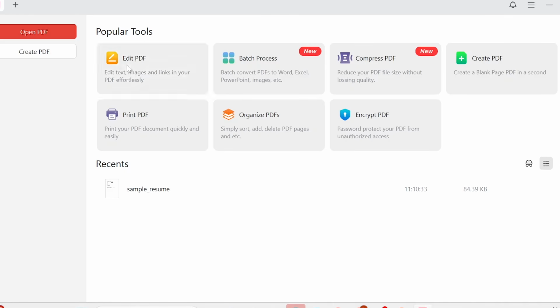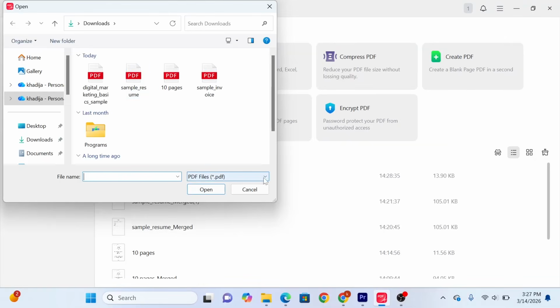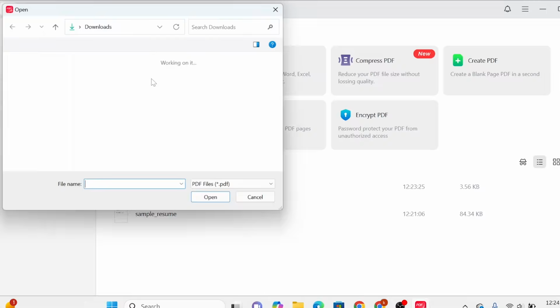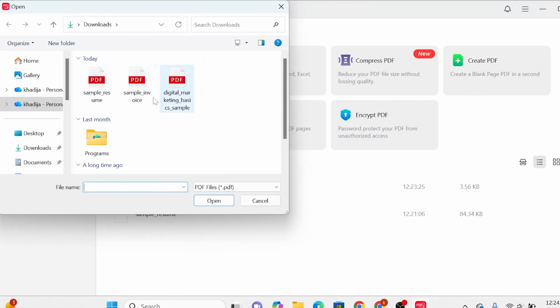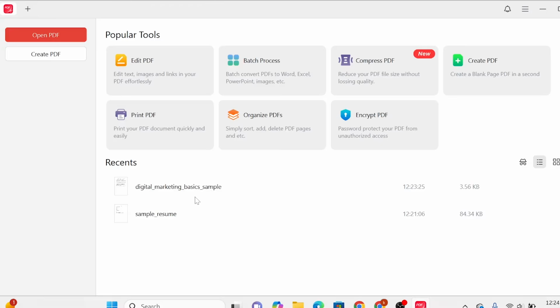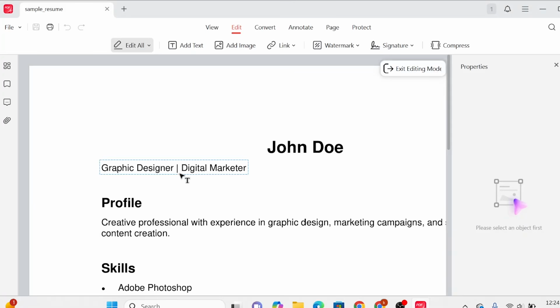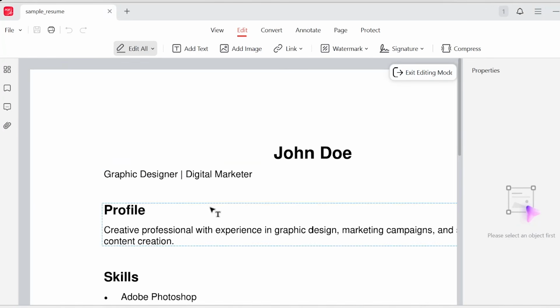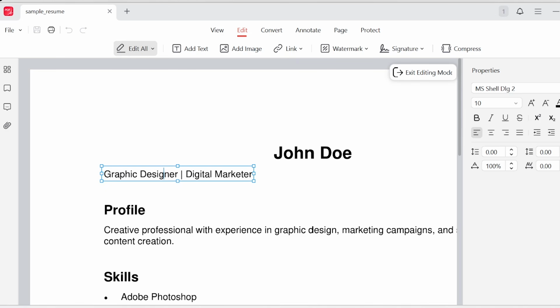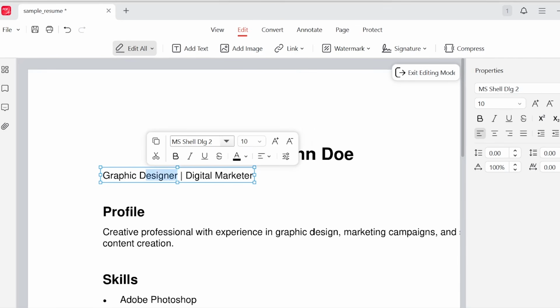Step 2. Edit a PDF. To edit a document, 1. Click Edit PDF. 2. Select any PDF file, for example, a resume. 3. The document will open in the editor. Now you can click on existing text to edit it, fix spelling mistakes, change the font size,